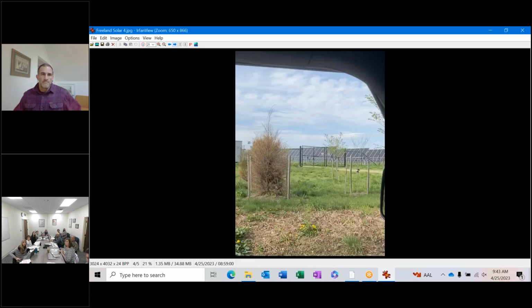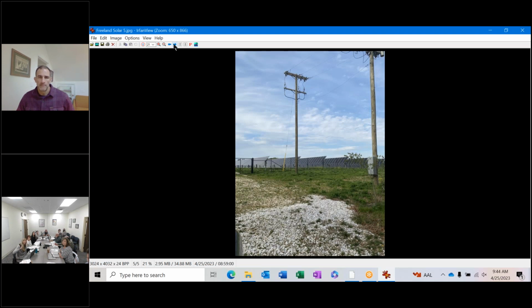Can you go one more? Yeah, so this is near the entrance to the facility, and this company, I think it's called Clear Energy or Clean, they're a founding member of Charlie's organization. I know there are many, many solar companies in that coalition, but this is one of the founding members, and this is what they're providing for screening. And I think one more is the road that goes into there. I mean, this is just disgraceful, in my opinion. I do not want to see this in our county. We do not want to see it.